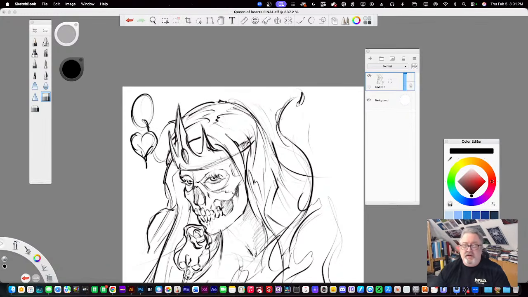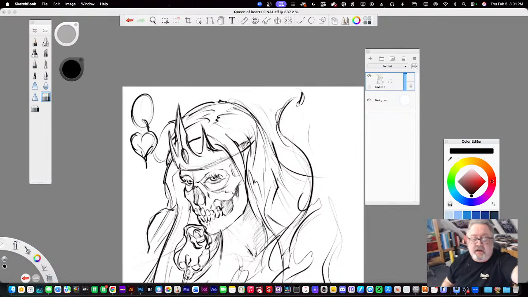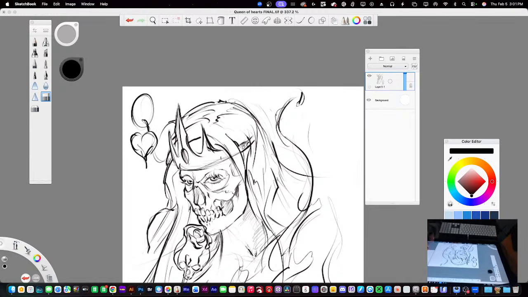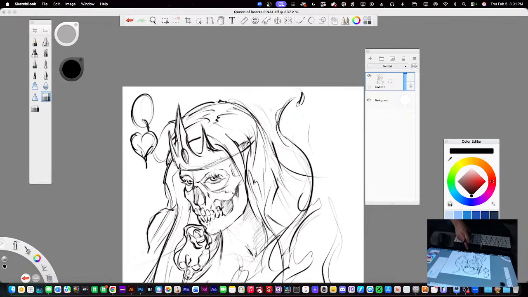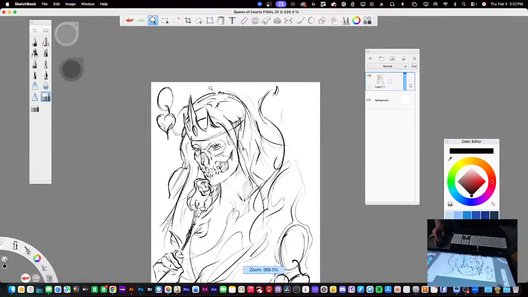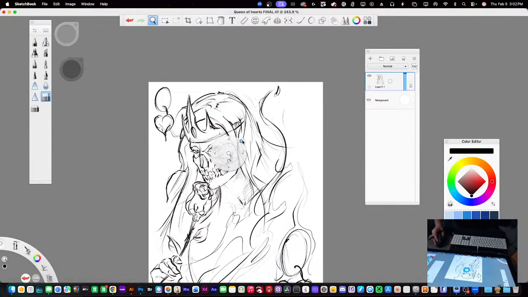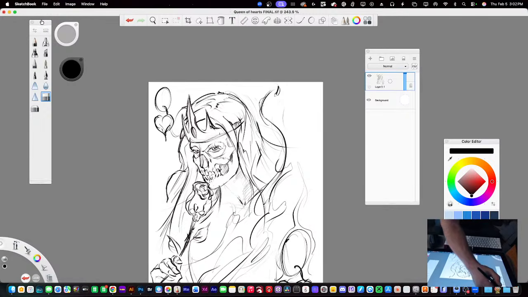So let's talk about what I'm using. I can't really show it in any way. Oh, I can actually. I'll just use my webcam down here. So this is a Huion tablet. I used to use Wacom, but I switched to Huion a few years ago when my Wacom crapped out, and they were $3,000, and this one was $1,000. It works 95% as good, so we're gonna go with it. Okay, so it's a digital pen.